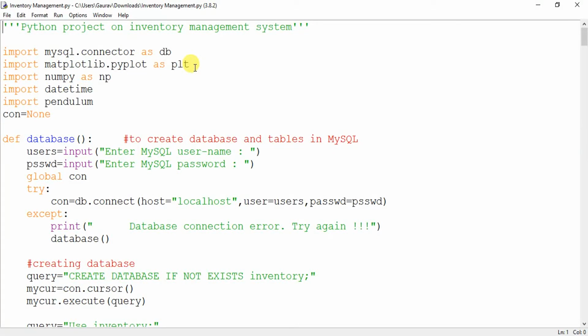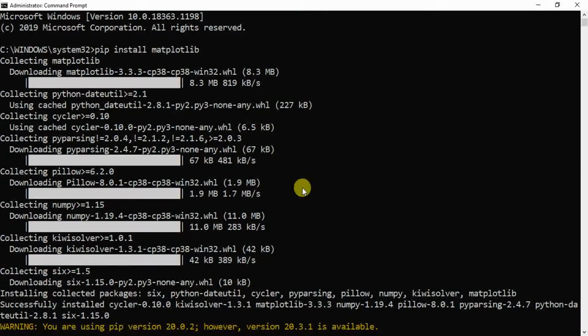This matplotlib library has all these functionalities for plotting. If you do not have matplotlib installed, you can go to a command prompt and type this. Open the command prompt in administrative mode and write this command. There should be an internet connection in your computer, so this will work.